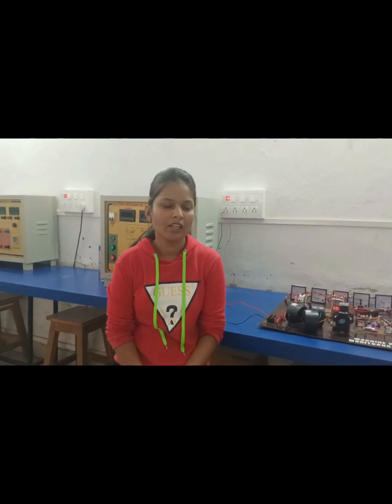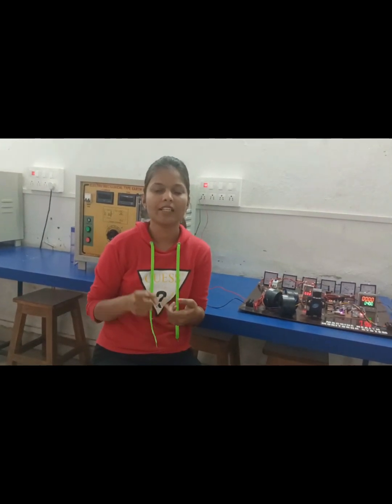Project. This application is used for all three-phase induction motors. The project is mainly on two types of faults, that is electrical fault and mechanical fault. In electrical faults, we cover 6 parameters, that is over voltage, over current, under voltage, under current, over frequency, under frequency, phase asymmetry, and phase reversal.